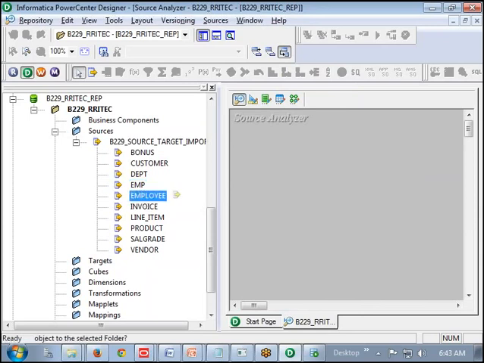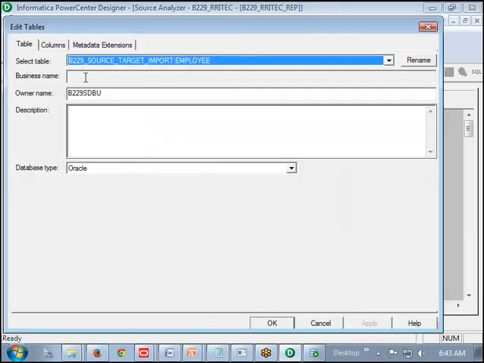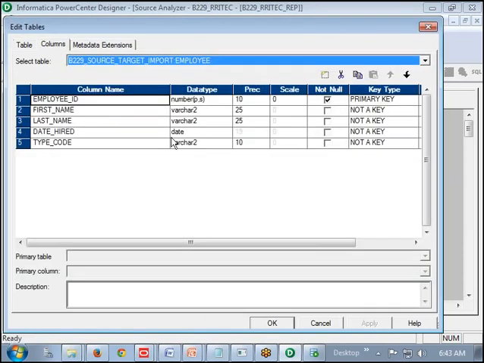Now I want to take one table here called the employee table. Just observe what is imported for the employee table: the table name, the column names, the data types, precisions, scales, key information, whether it is a primary key or not. All the information is imported.